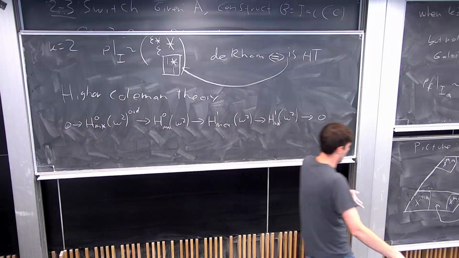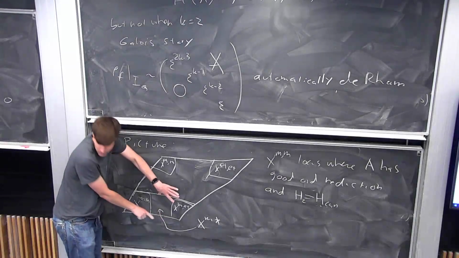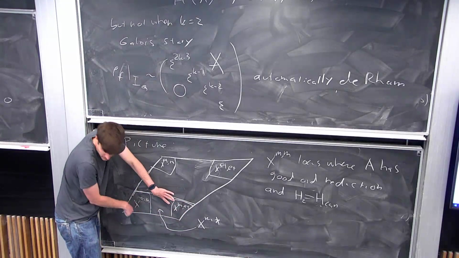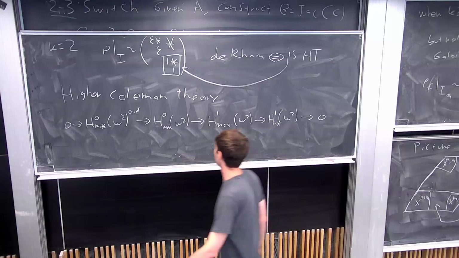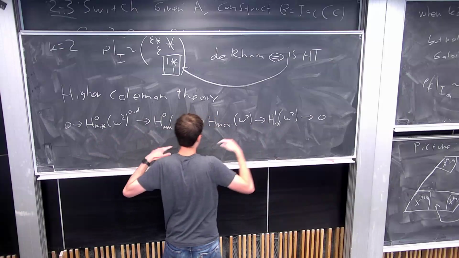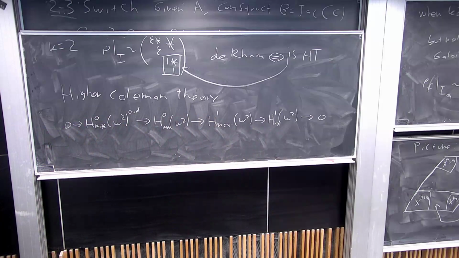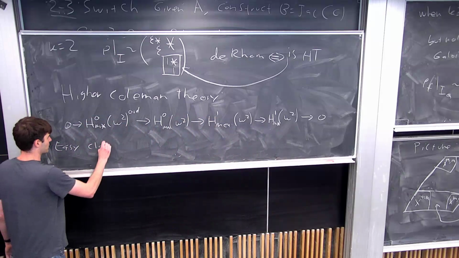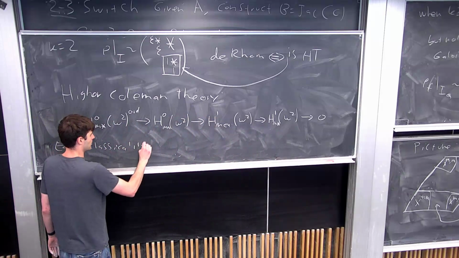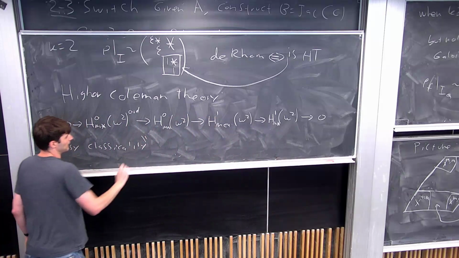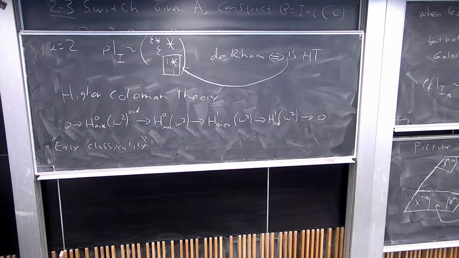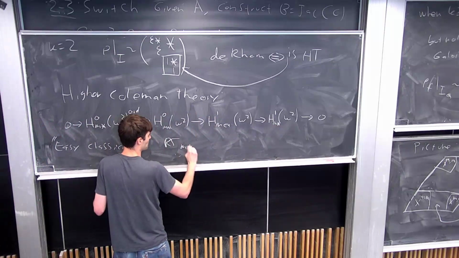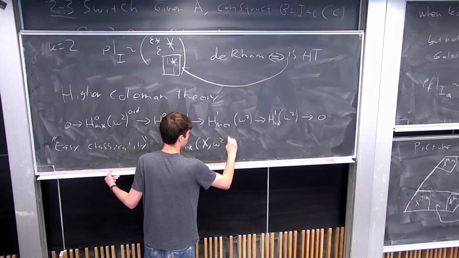And so you sort of know what has to be the sort of complementary thing. It's some kind of cohomology of this region, but with support in the complement of the thing we were taking the cohomology of before. And all of these spaces, we call them sort of some kind of higher p-adic modular form. And so now there's an easy classicality theorem, which we are also essentially using. And this is the one which just uses the ordinarity, and it says that these guys are classical. So this sort of RΓ M star